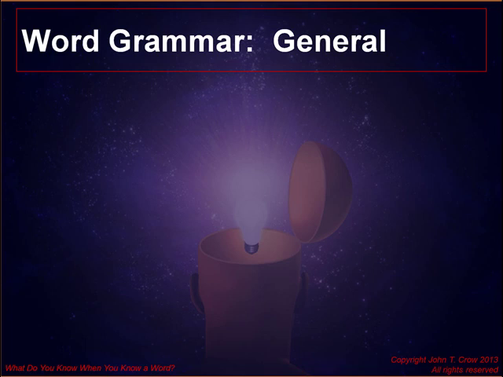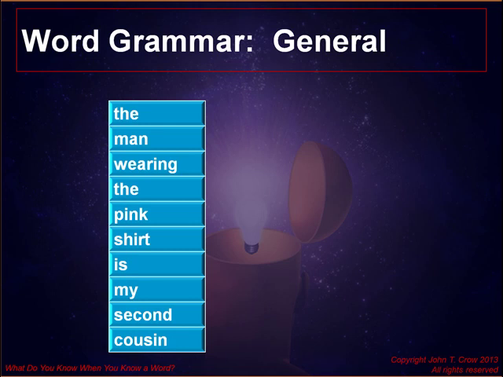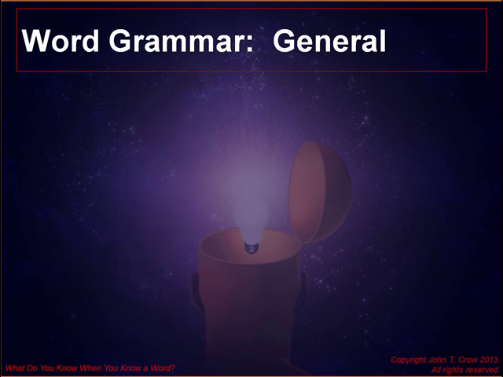Let's do it again. I'm going to show you a different list of 10 words. The same thing applies. I want you to read the list through one time quickly. I'm going to take it away, and then I want you to repeat it word for word in the order in which it was presented to you. All right, look at the screen carefully. Your list appears now. Okay, go.